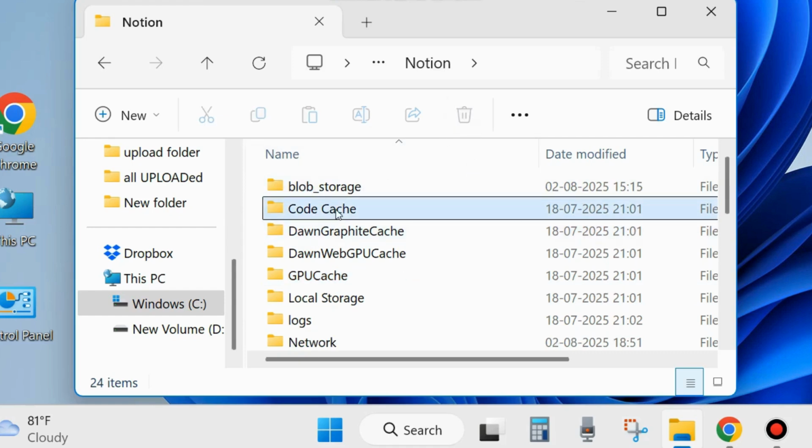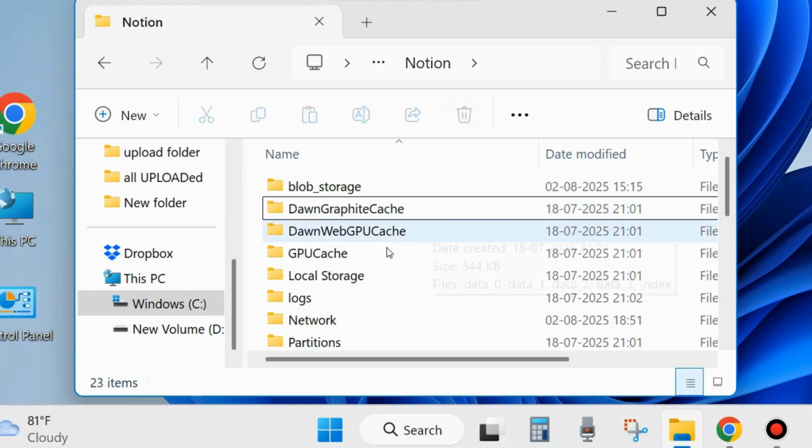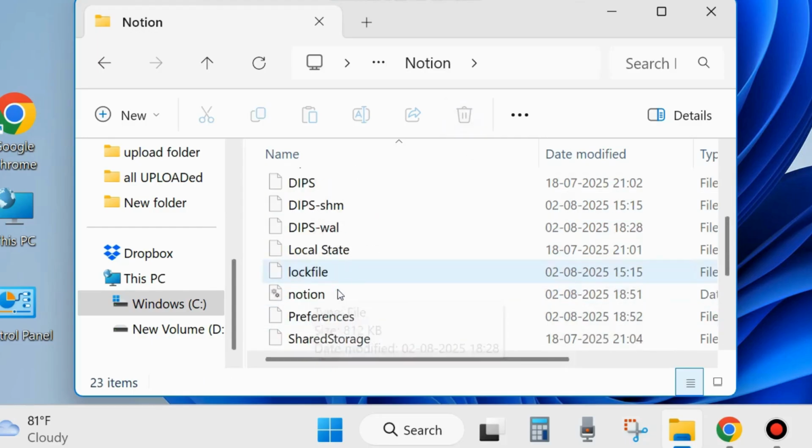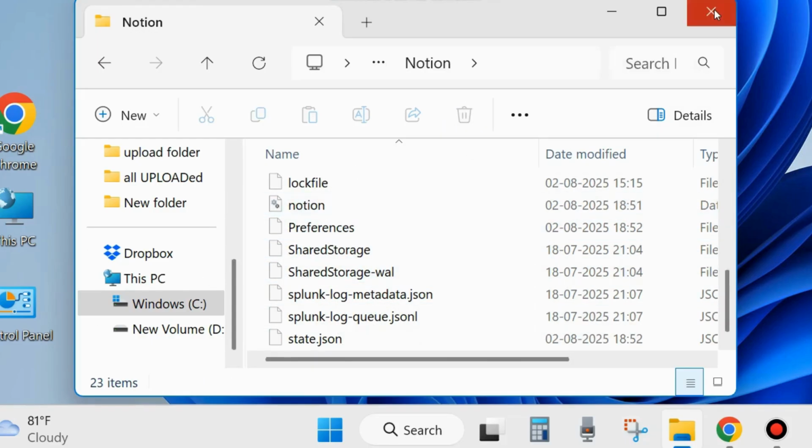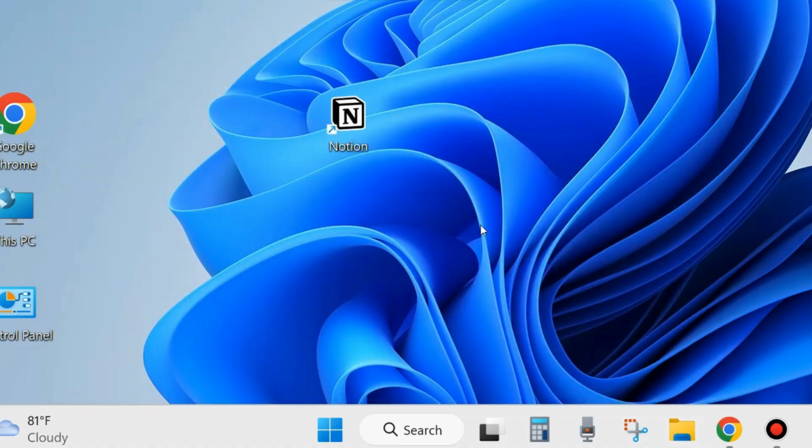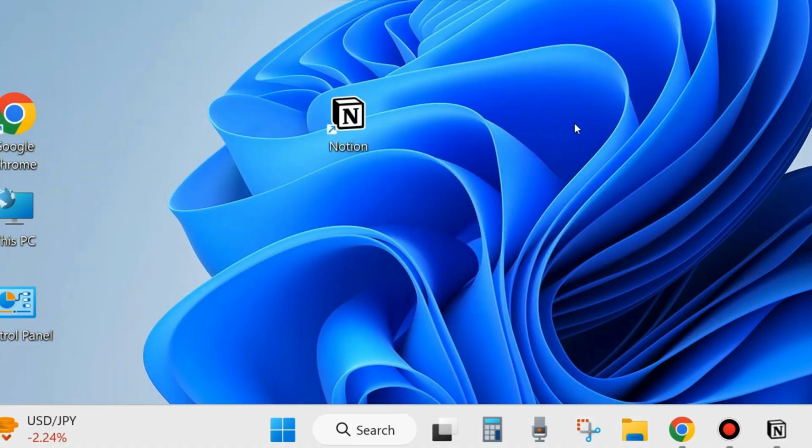So clear all the caches of your Notion folder and check whether you are still facing Notion app error code 502 or not. If you are still facing it, then go to the next fix. The next one is